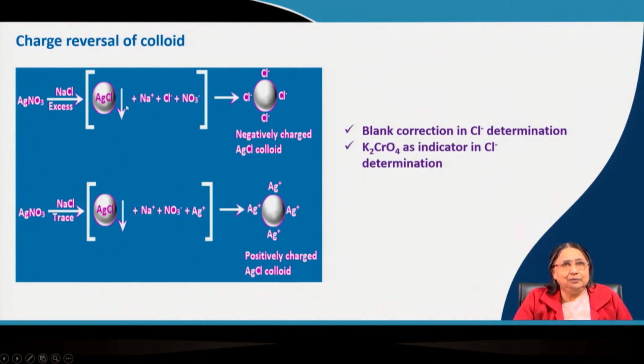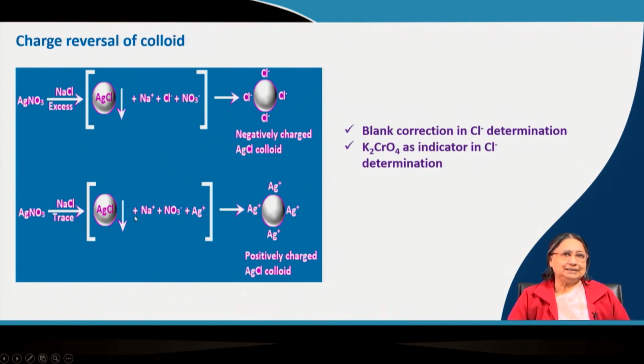There is no silver ion because you have taken less silver nitrate compared to sodium chloride. So all silver ion is precipitated as silver chloride, but you have excess chloride. Neither nitrate nor sodium plus will adsorb onto it, but chloride ion will, because it is a family member of this one. It will adsorb and form a negatively charged colloid. It is a colloid, but it is stabilized by negative charge adsorption. Now,